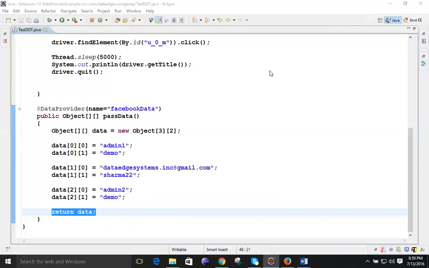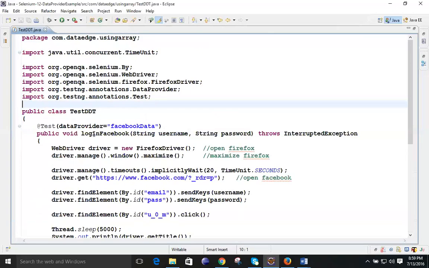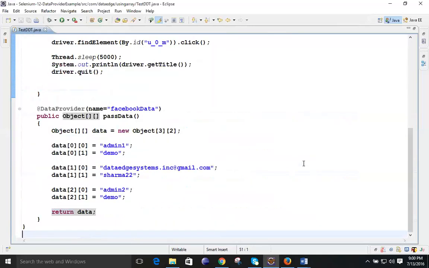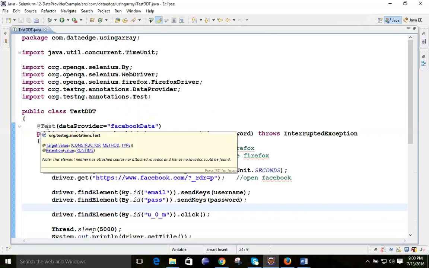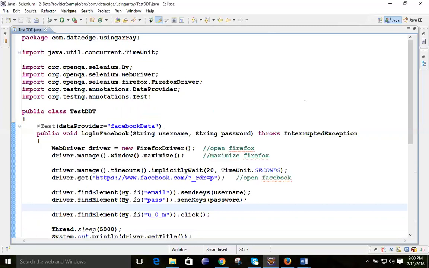Yes. So what will happen? It will take your data from the Excel and it is going to pass the same data to the data provider at the rate test annotation parameters. This is the only thing, and here we require only the Selenium standalone server jar and testng. If you wish, you can provide it, otherwise it will automatically take it.